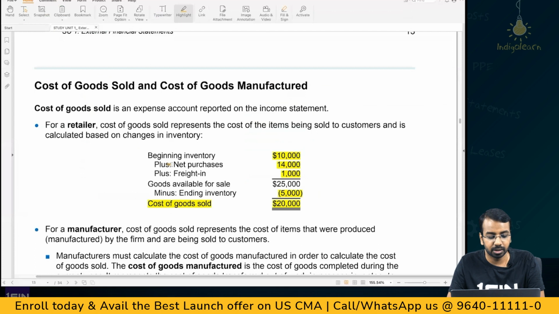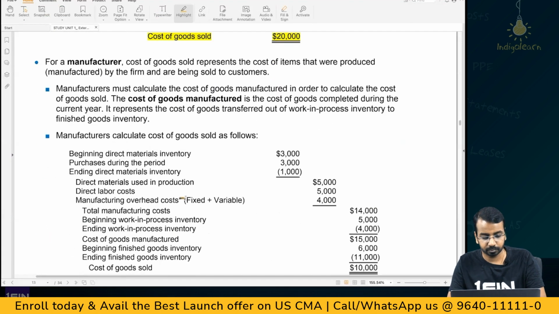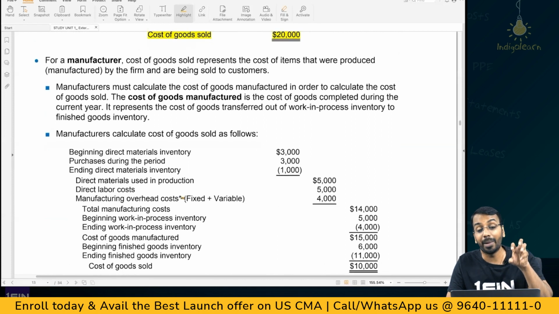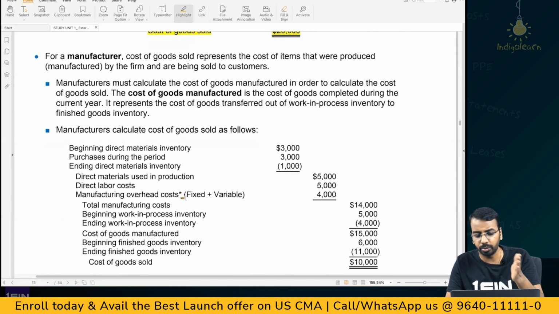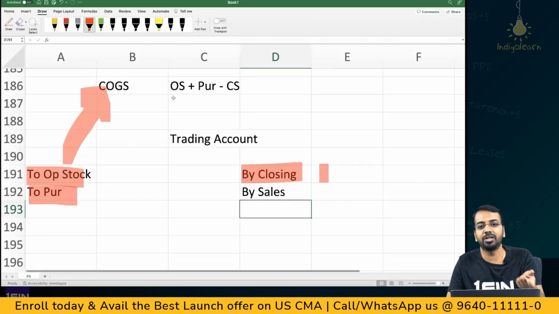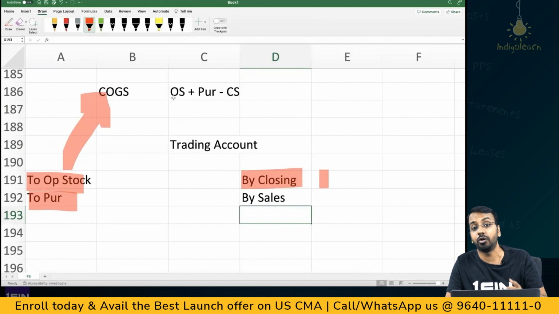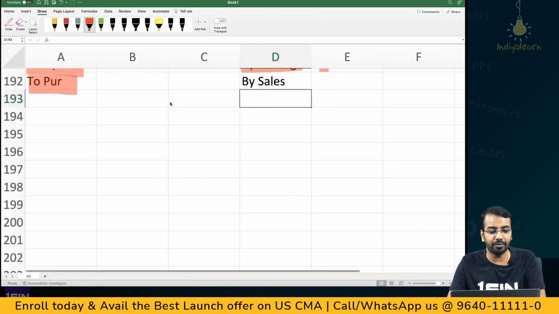Now, this is slightly more elaboration for a manufacturing entity. You will again, as I told you, learn it subsequently as well. When I said I have this mobile phone and I have to sell this mobile phone, I am talking from the point of view of a trader. I am not manufacturing. But when you have a manufacturer,